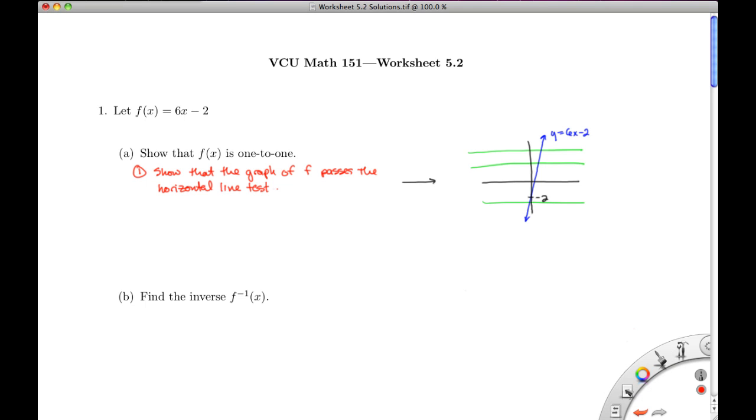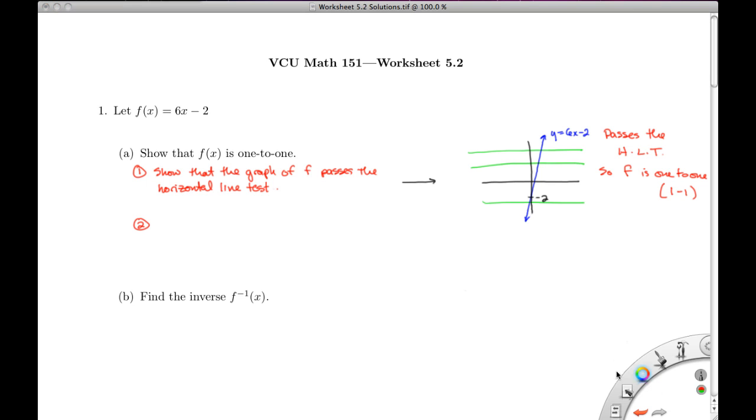So we can conclude by looking at this that this passes the horizontal line test, and I'm just going to abbreviate it as HLT. So f is one-to-one. And again, I'm probably going to abbreviate one-to-one for the rest of this video as just 1-1. So that's a pretty easy way, as long as the graph isn't too complicated, to show that we have a one-to-one function. The other way, so this is a second method of showing that something is one-to-one, is that, recall,